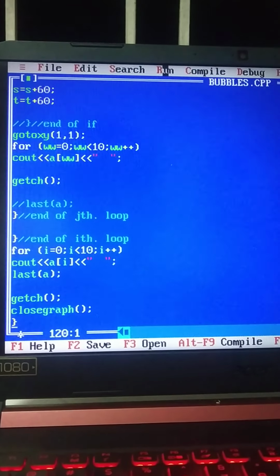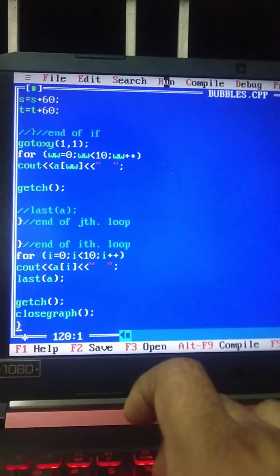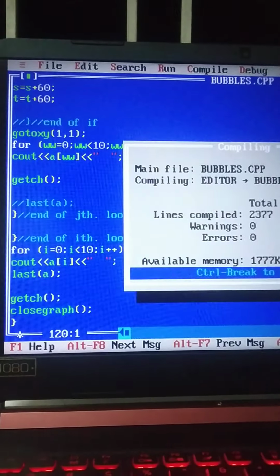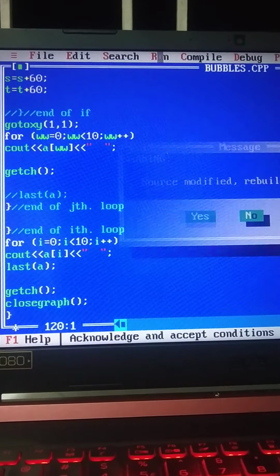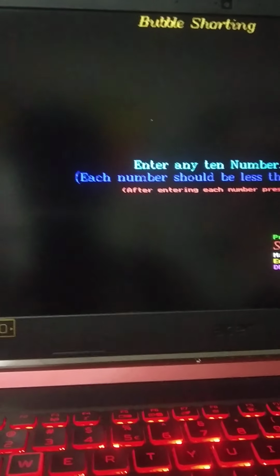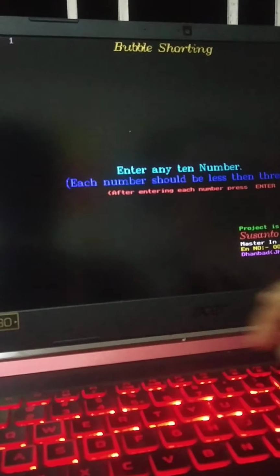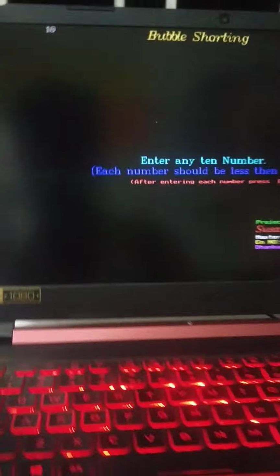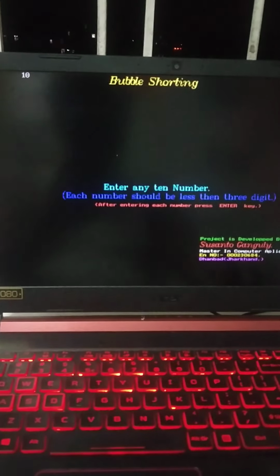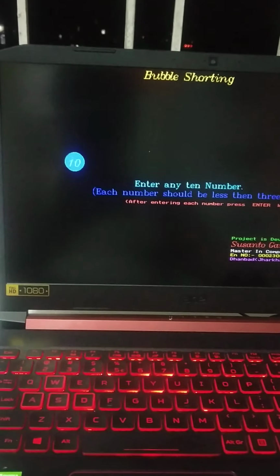Here the run command is there, so with the help of Alt R I am executing the program, and yes, it is asking something. So here I am entering some numbers. See, my numbers are ready. Now I am accepting some numbers. First I am accepting 10. After accepting 10, I am pressing the enter key, so that 10 has come.